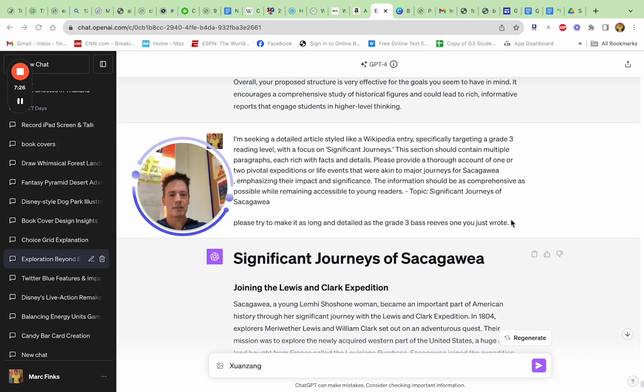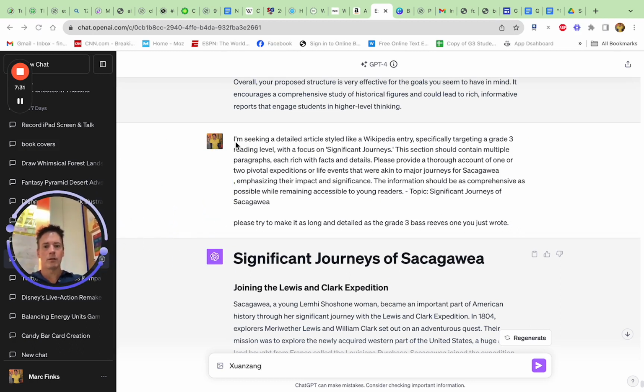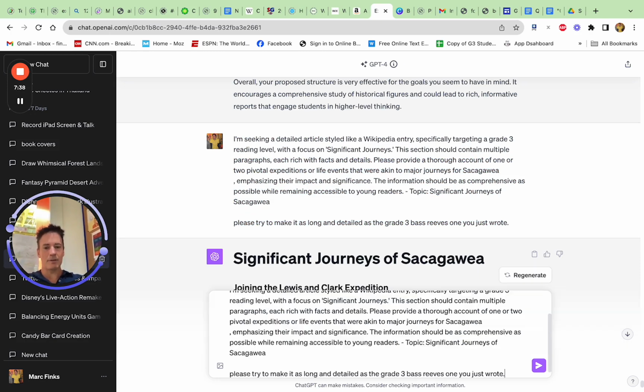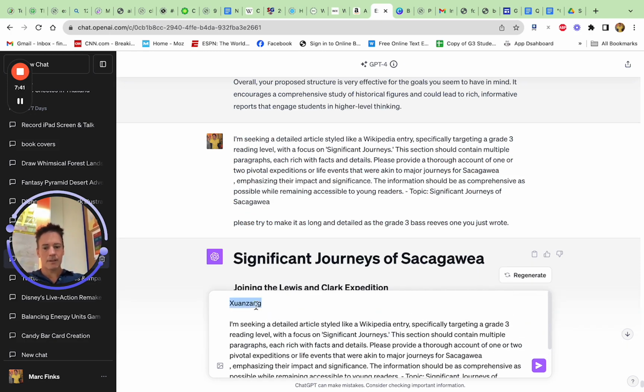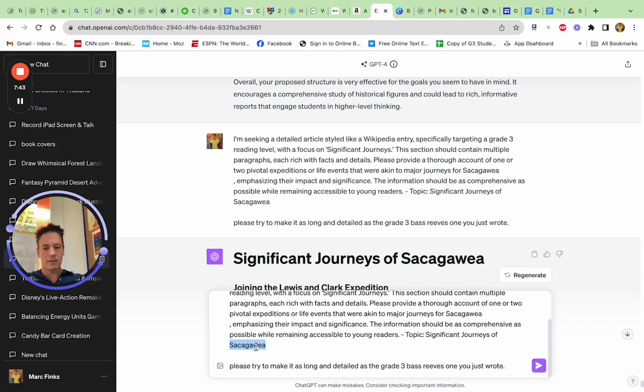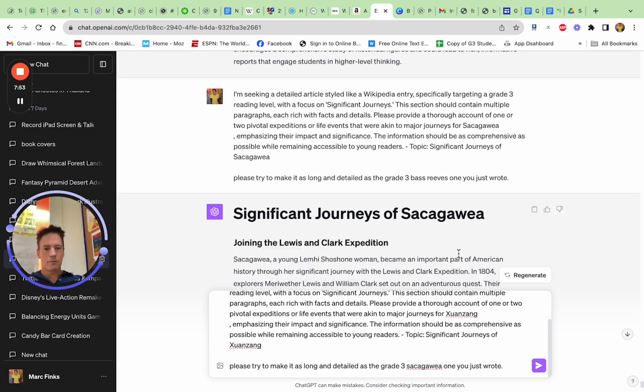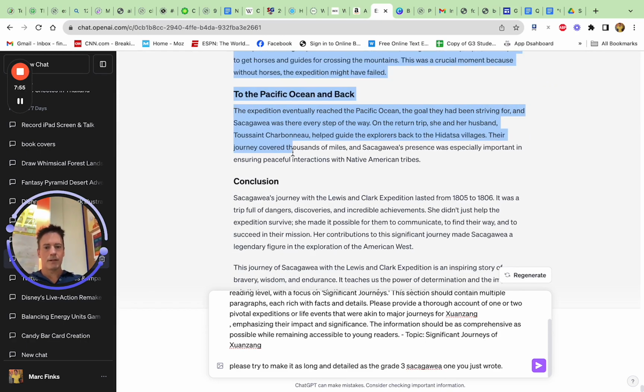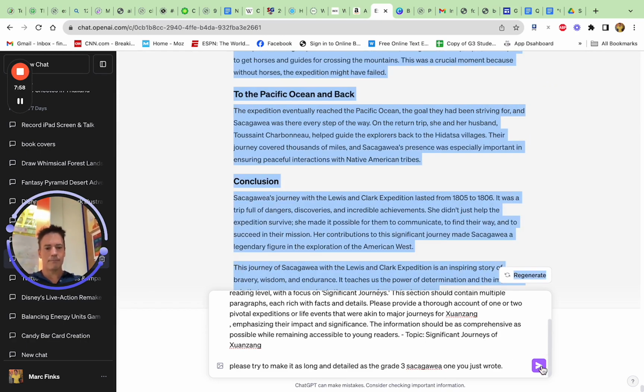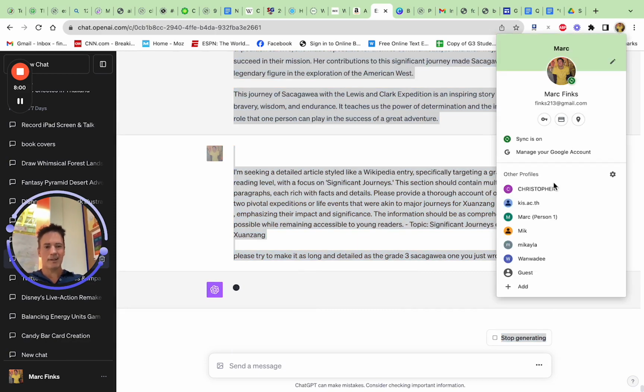And the goal for doing this type of stuff, when you're making lots of these for lots of students over and over, is doing your own work while it's printing or typing. Just do your own work and get stuff done. This goes here, that goes there. Sakagajiwa goes here. So now I'm going to copy this, and while they're doing whatever they're doing down there, go ChatGPT, you do work, I'll do my work.